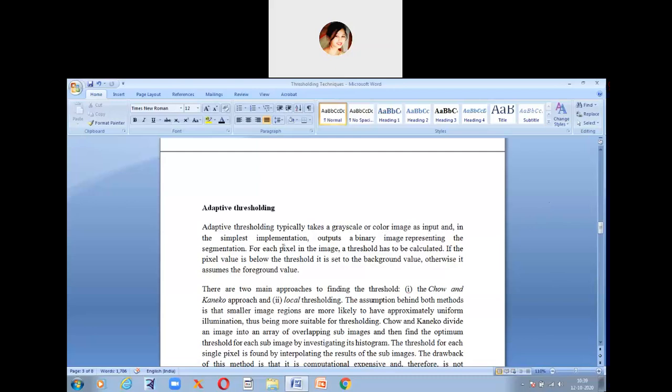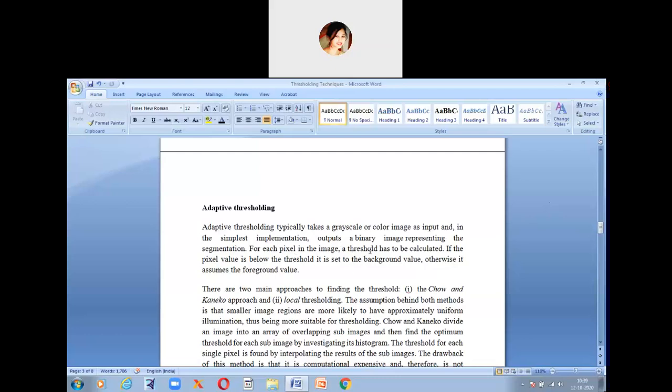Global thresholding mostly talks about binary images, but adaptive thresholding can also take a colored image, and it outputs a binary image which represents the overall segmentation, because we are talking about image segmentation finally, right?